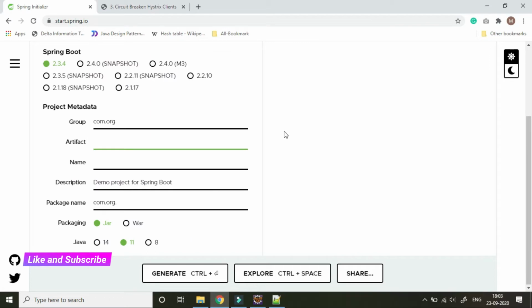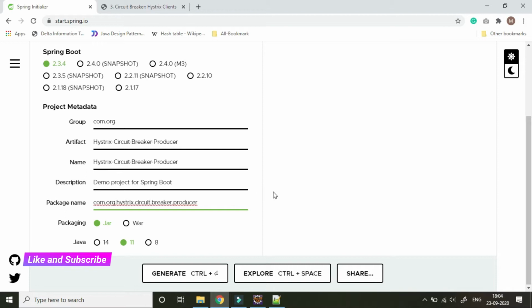So we will use start.spring.io again to create our basic structure. This is just a package.